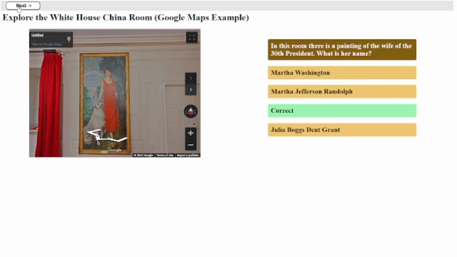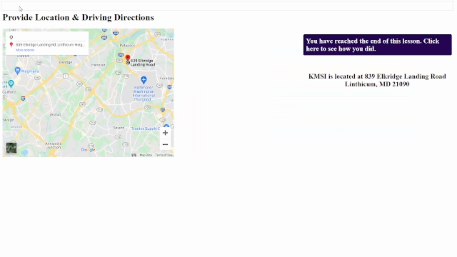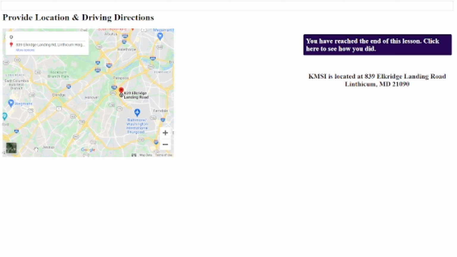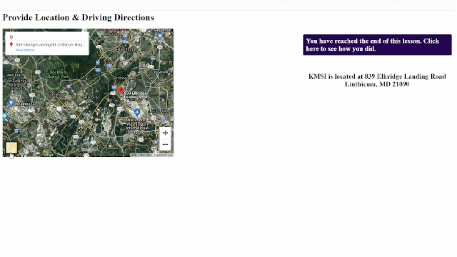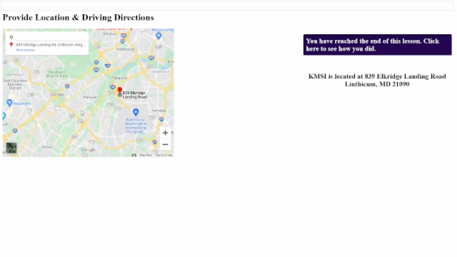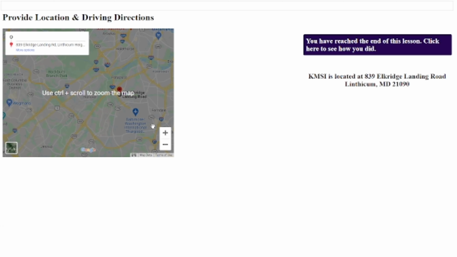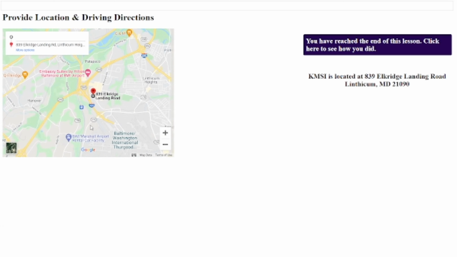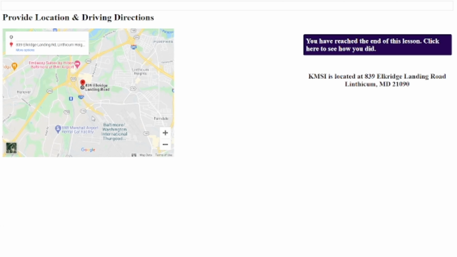Now, the one thing on the last screen of that, if you did not allow Google to know your current location, then you would have had to click on it to be able to have Google tell you how to get from point A to point B. But if you had previously allowed Google to know your location, or your computer to provide Google with your location, then it would have automatically mapped out your route. I'm not going to go through and look at each one of your setups to see how that went.